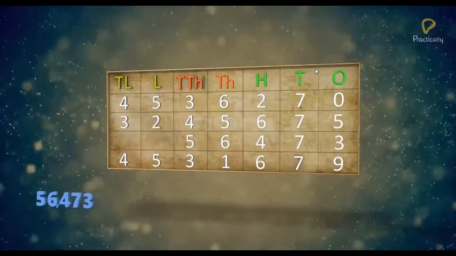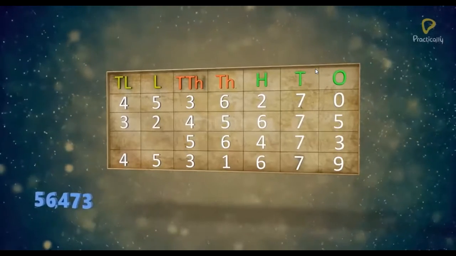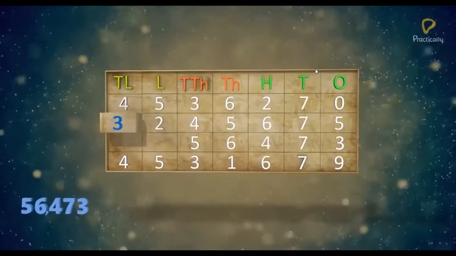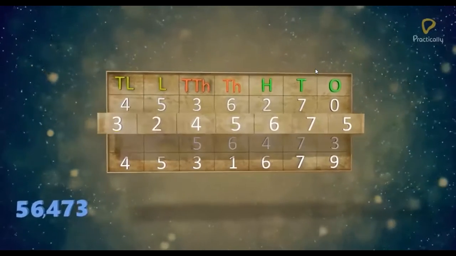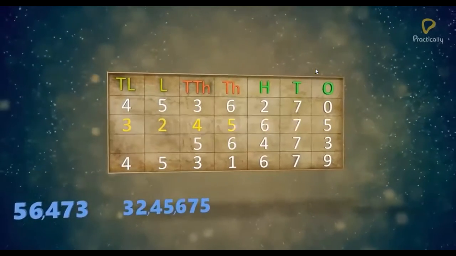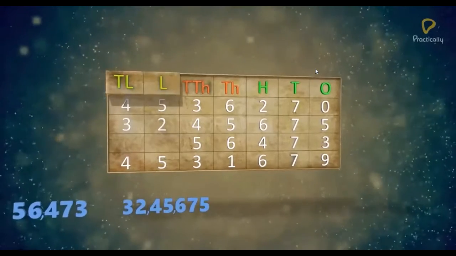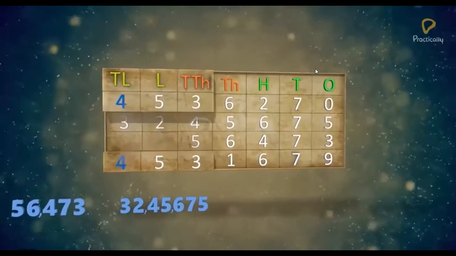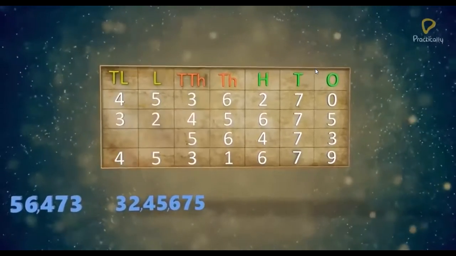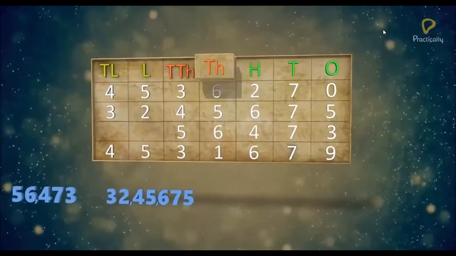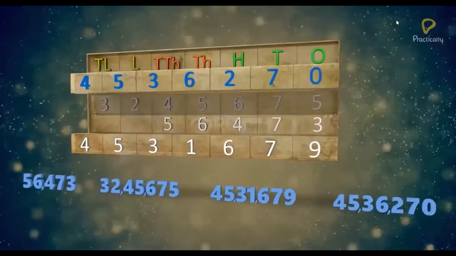Next, the highest place value digits of the three numbers are 4, 3, 4. 3 is smaller than 4, so the second number will come next. Now, in the remaining two numbers, the 10 lakh, lakh and 10,000's place value digits are the same for both the numbers. So, we will observe the digits of thousands place, which are 6 and 1. 6 is bigger than 1. So, fourth number will come next and then the first number.